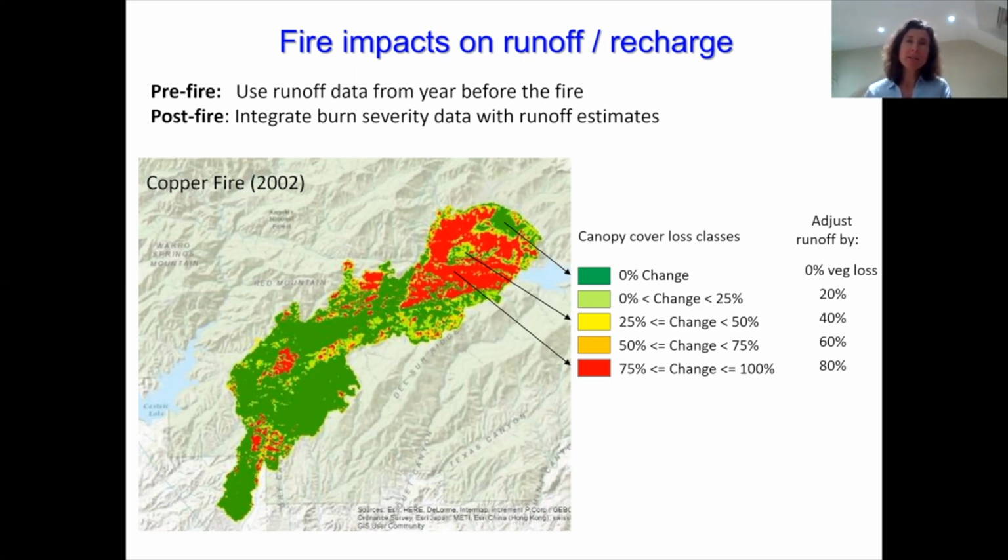And so we captured the post-fire change in vegetation canopy cover by rerunning the model at the percentages shown in the right-hand column. So pre-fire, we would use runoff data from the year before the fire, and for post-fire, we would integrate the burn severity data and rerun that hydrological model to give us our post-fire estimate.